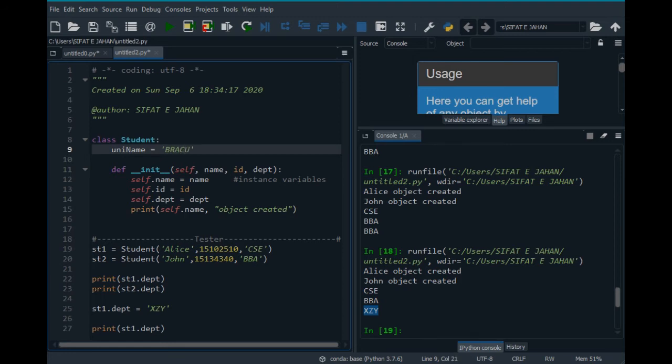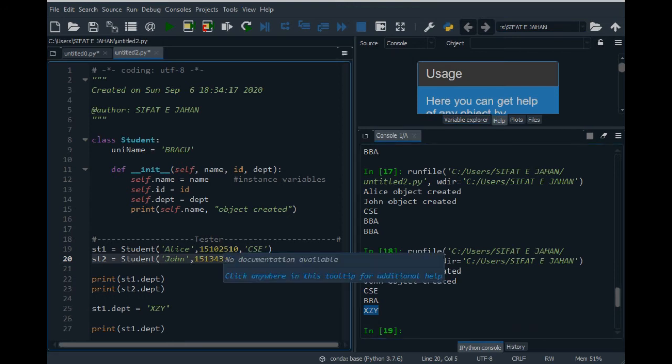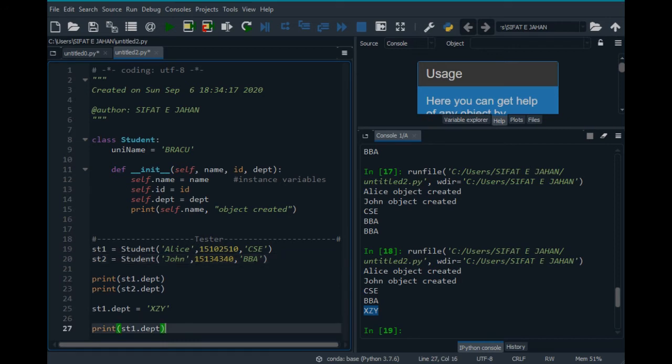Okay, so let's say the variable name is uniname, and the value that I have set it to is bracket. This uniname is something that is common for st1 and st2. So this shouldn't be dependent on the objects, even though we can see the values that the variable has. So let's